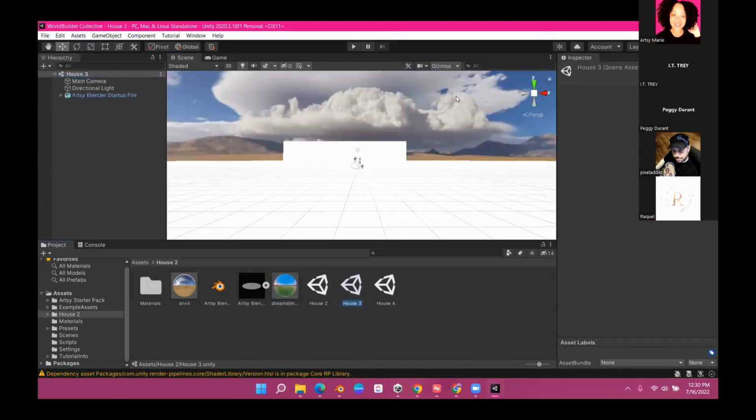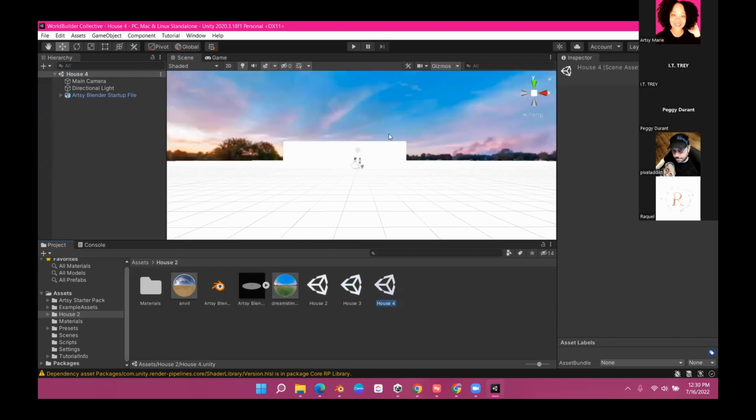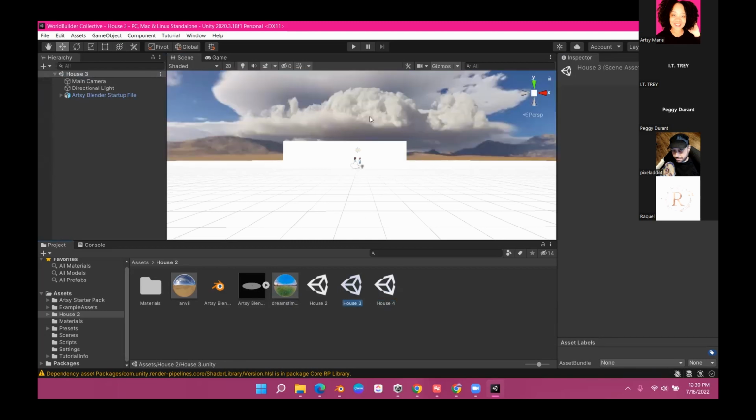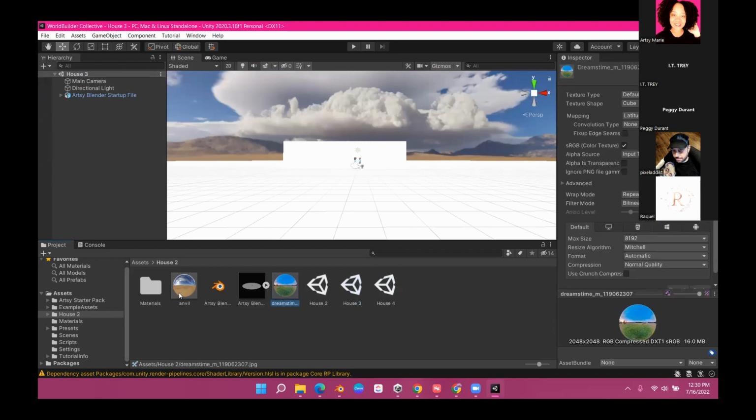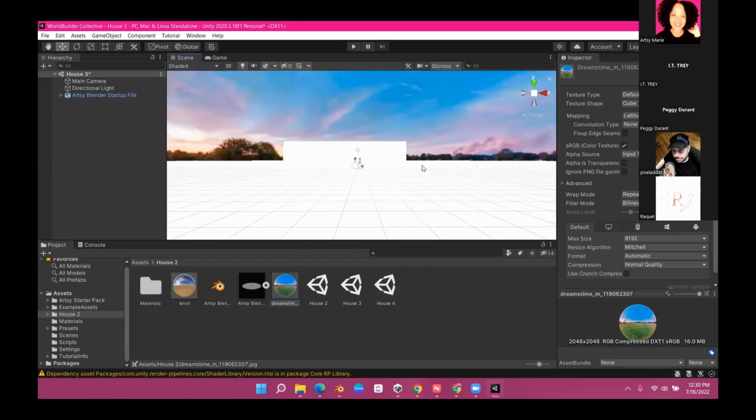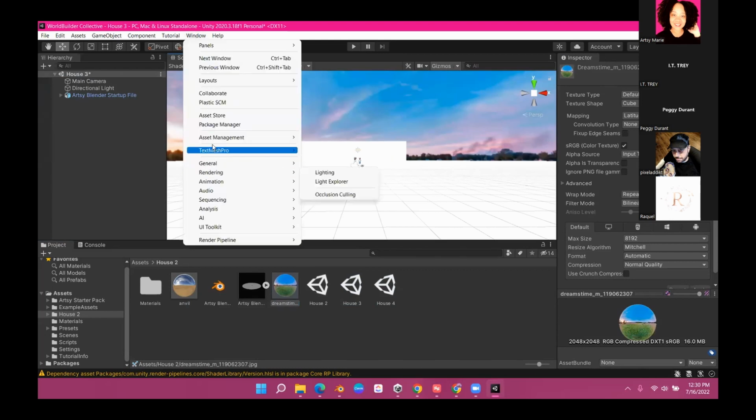Okay. So house 4, we got a different skybox here. In house 3, we have a different skybox here. Now, if they're in your project, they'll always be there. There's not really much you can change about the skyboxes in general. But if you're going to go into lighting,